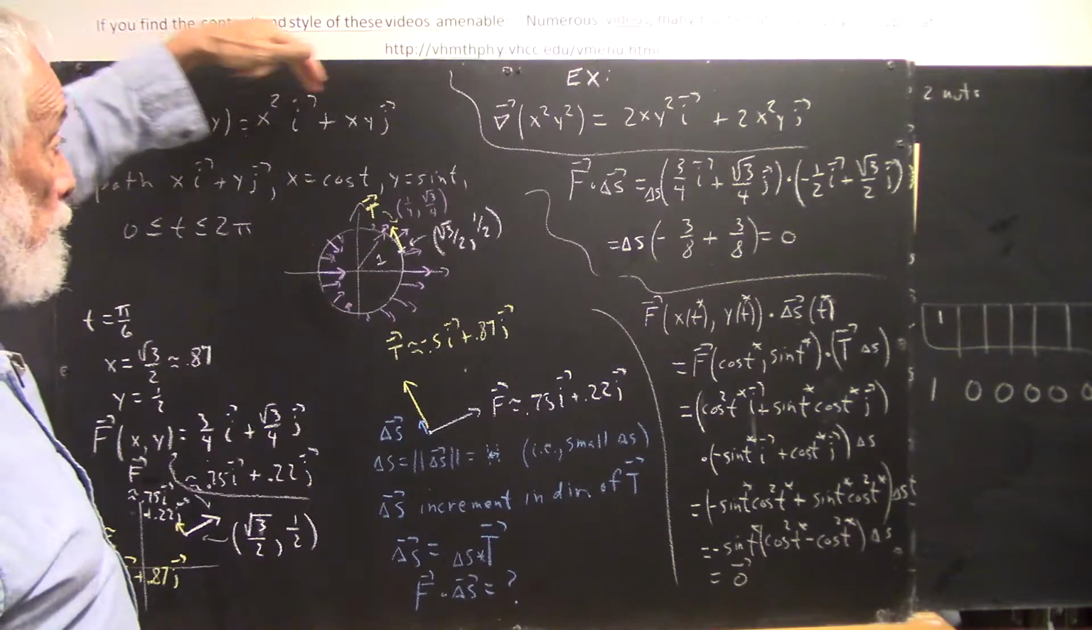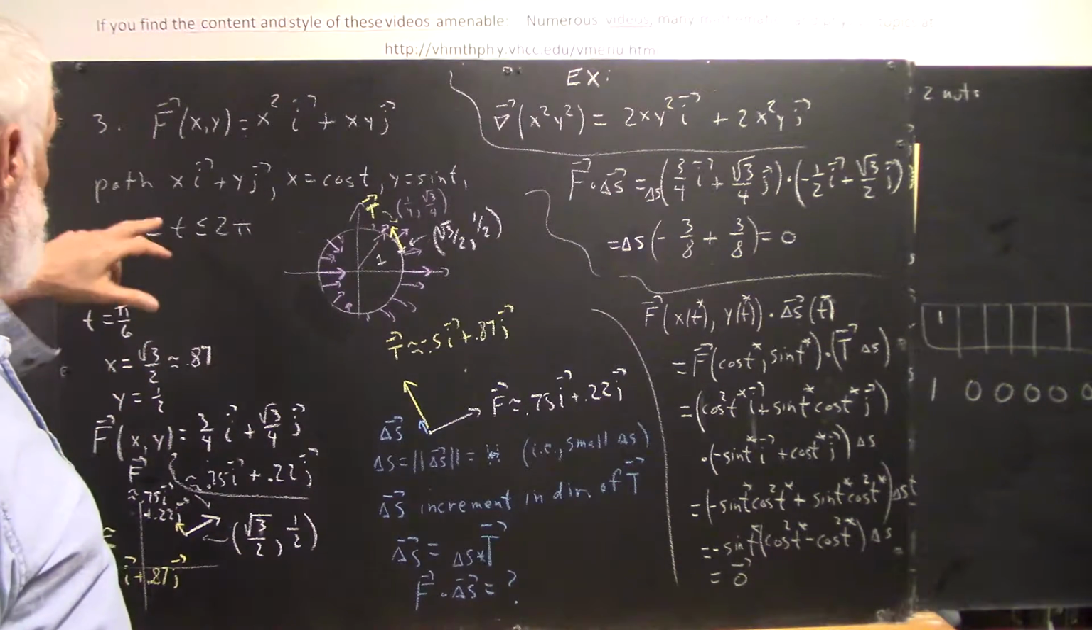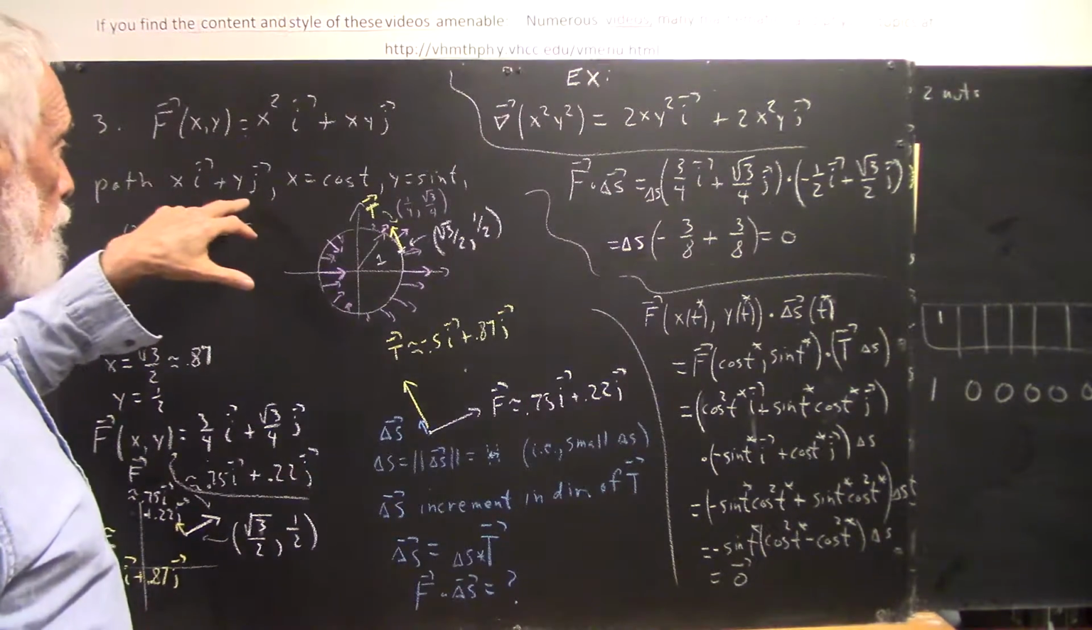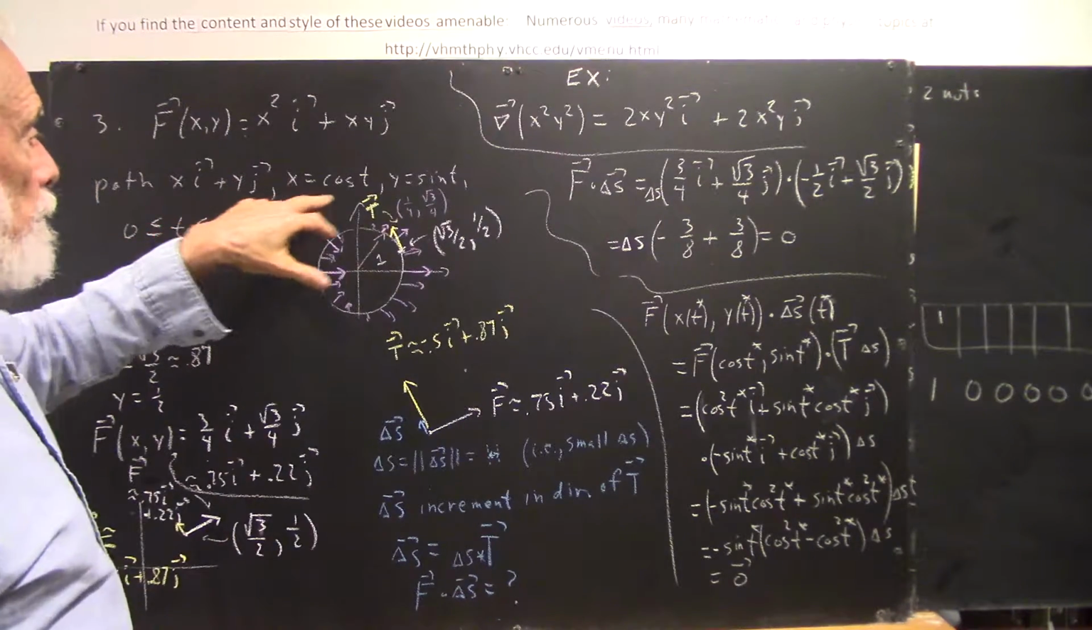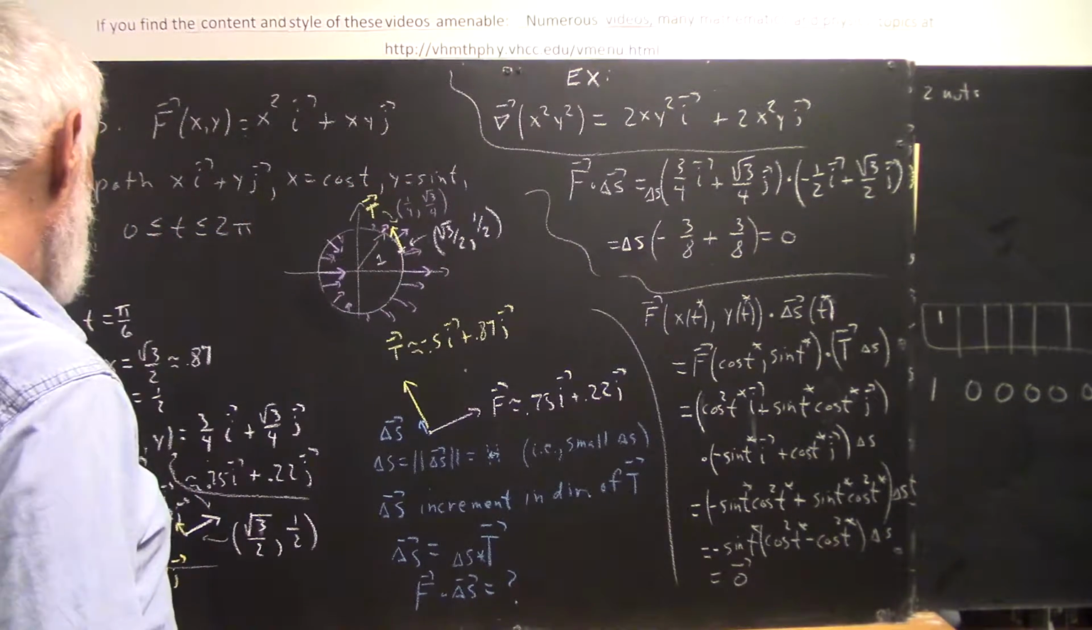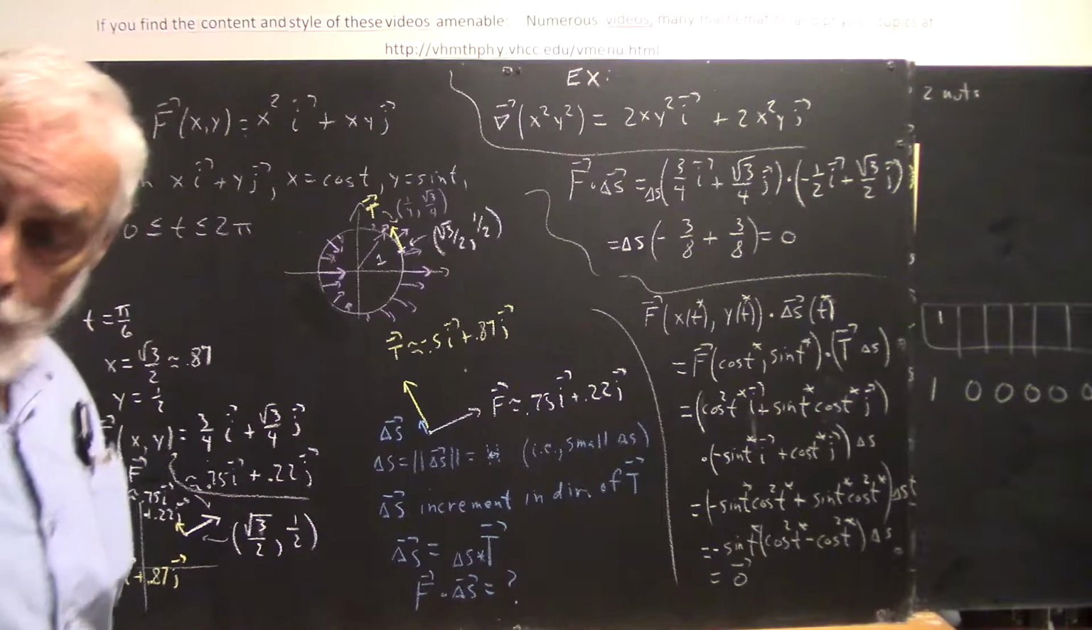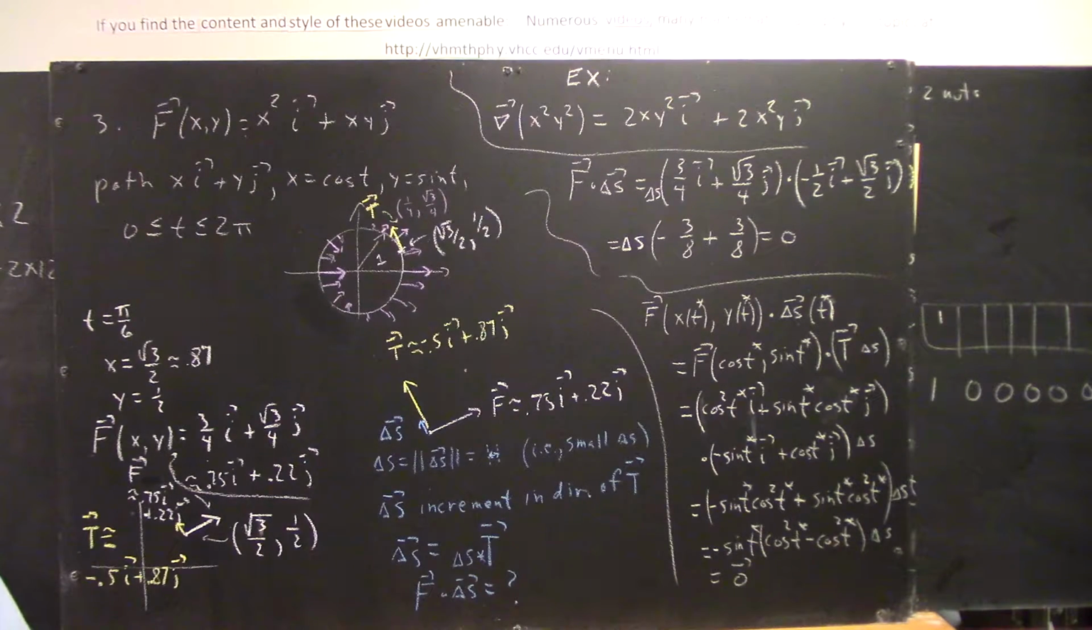Okay, here's our function, f of x, y, and we define our path by xi plus yj, where x equals cosine t, y equals sine t. Now, I could have, and probably should have,